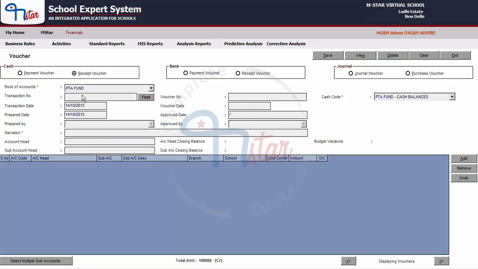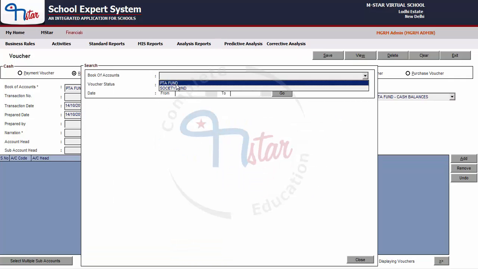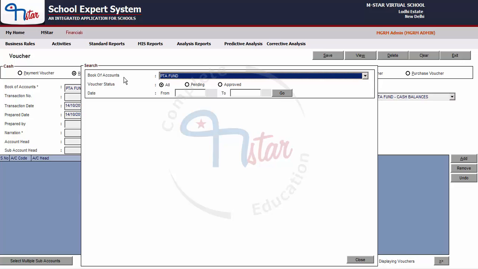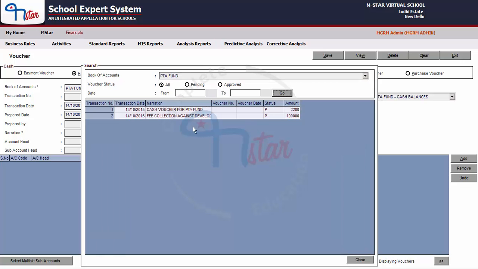Now again let us select the book of account, click on Find button, select the book of account in the new window search and click on button Go. So it is showing us all the vouchers. We can filter these vouchers based on date from and date to range, and on clicking on Go, it will display the vouchers created between the selected dates.